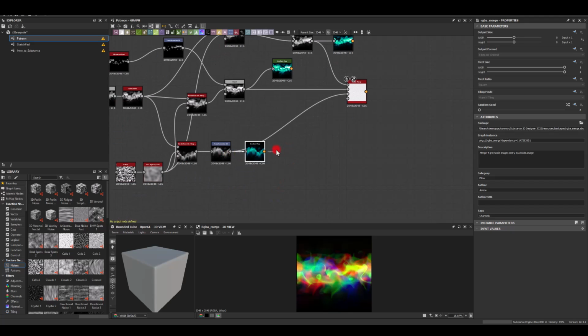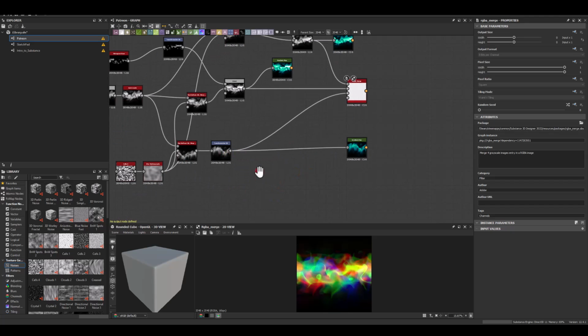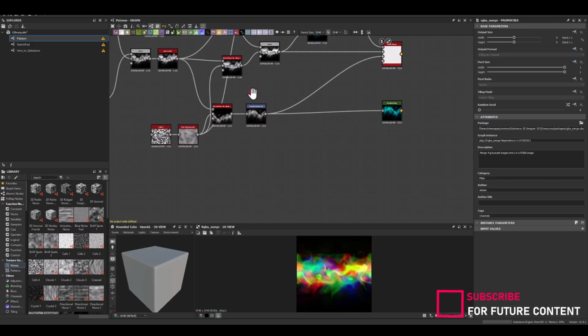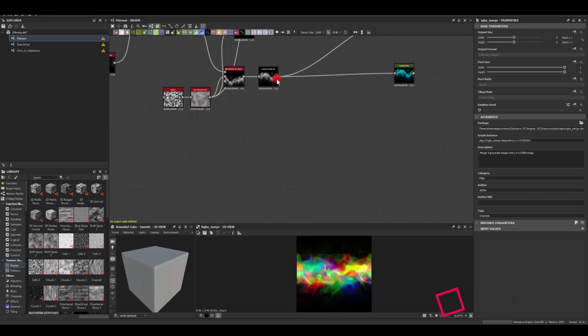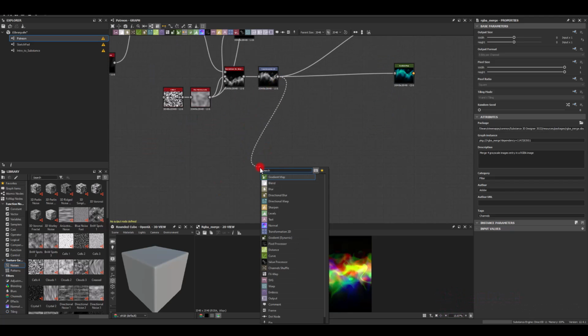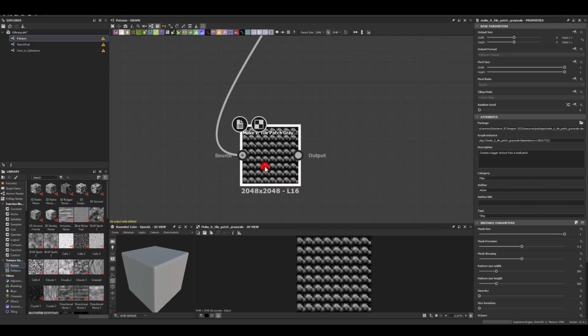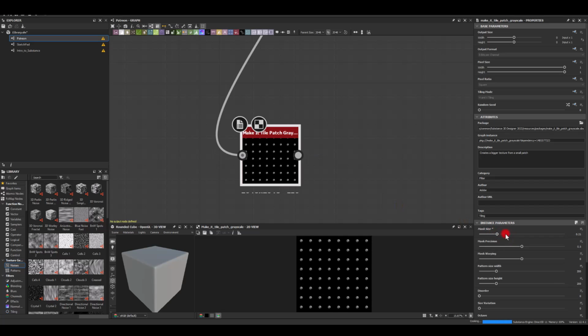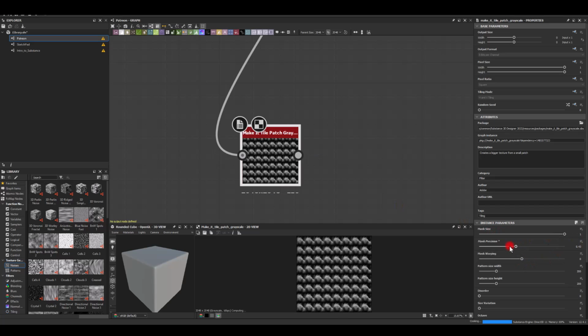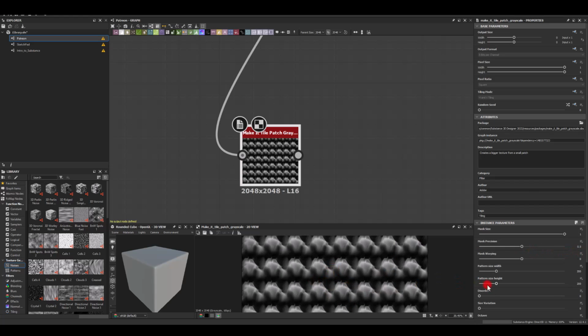But also we're going to need some soft shapes. So what we're going to do, I'm just going to get maybe one of those trails for now, just to test the idea if it's going to work. And I'm going to use Make It Tile Patch Grayscale. Okay, in here, I'm just going to try different settings and let's see which one might work to create a very nice